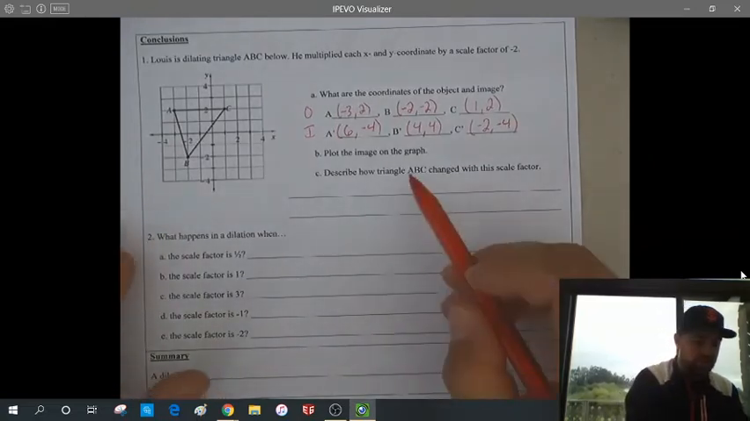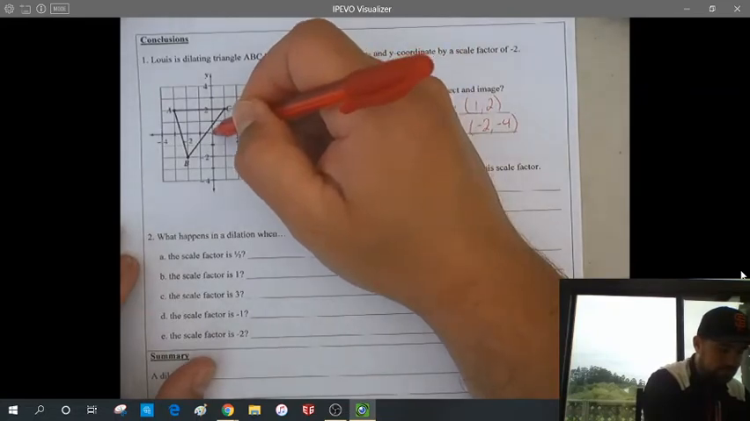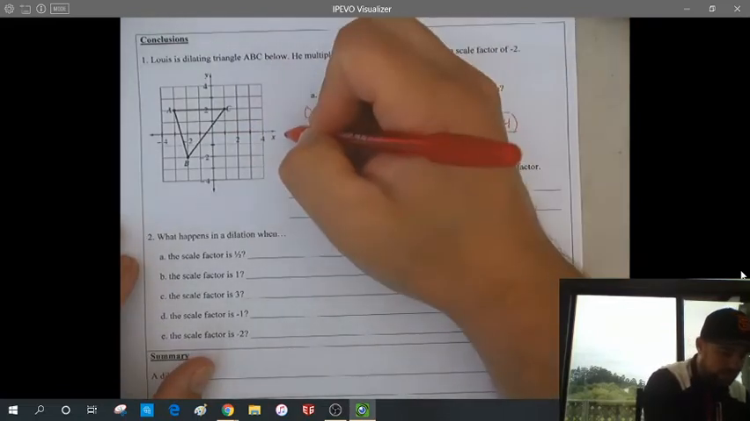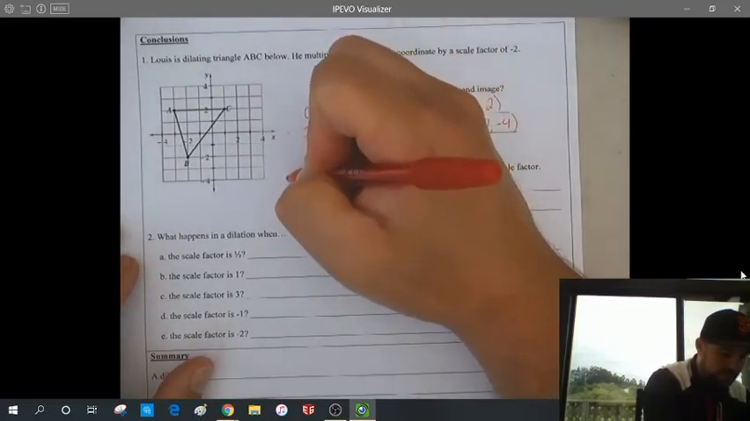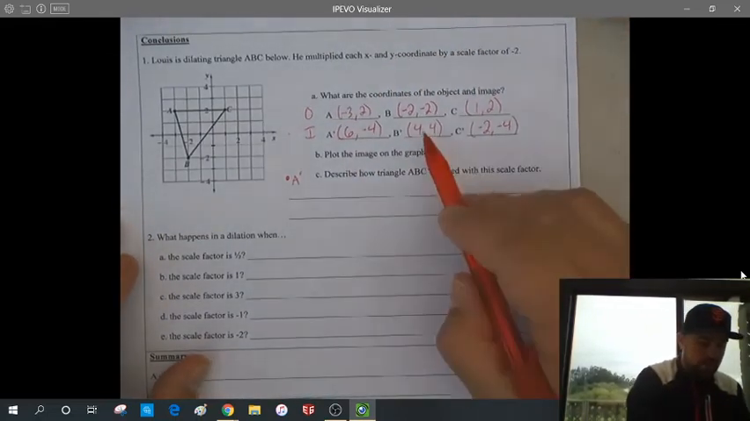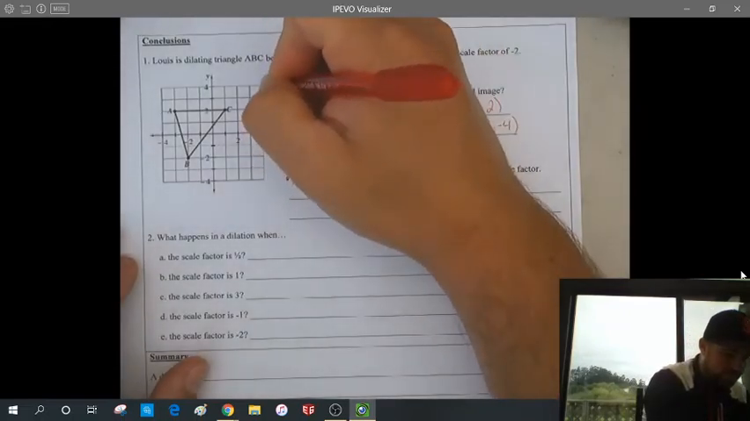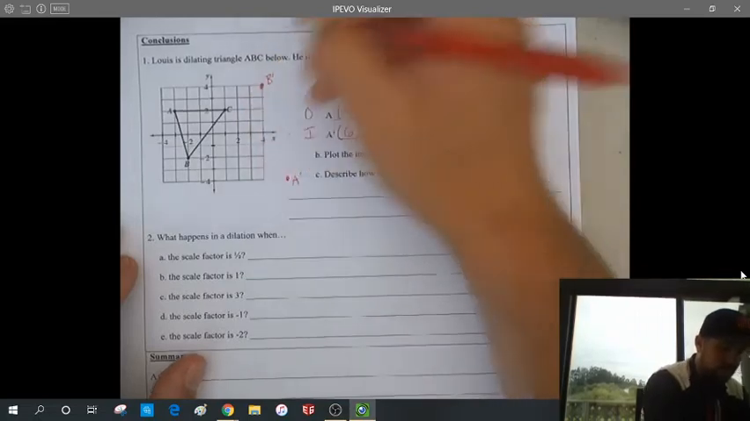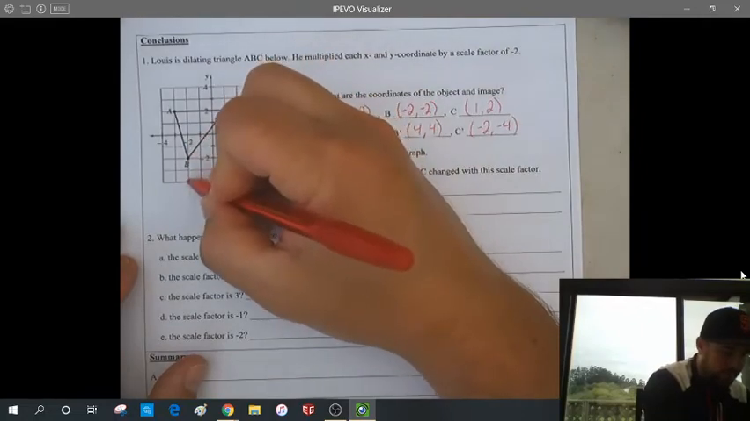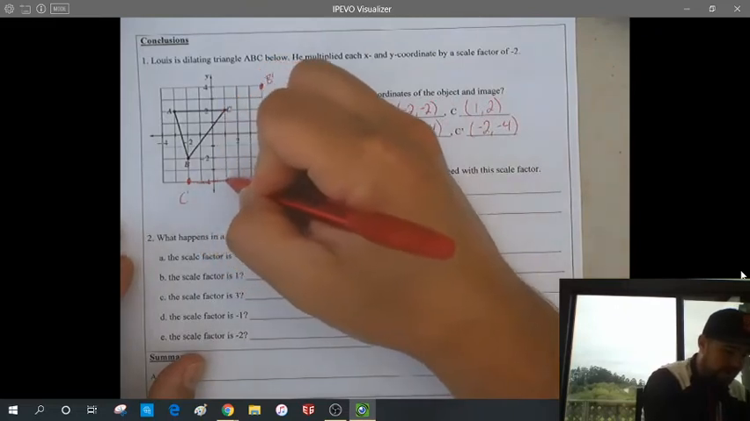If I now plot the image, so 6, -4, it's going to take me off the graph here a little bit. It's okay, I'll just kind of estimate where that's going to be. So this is going to be A prime. B prime is going to be at 4, 4. And C prime is going to be at -2, -4. Okay, and if I go through and connect that now,